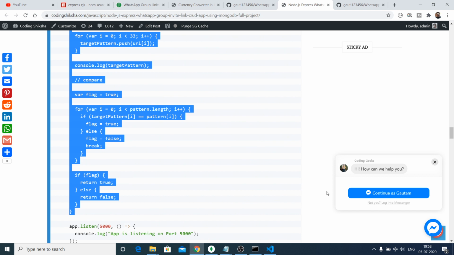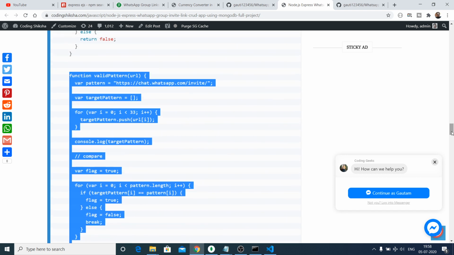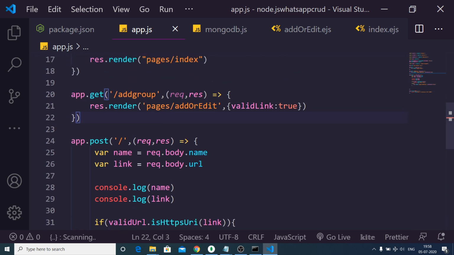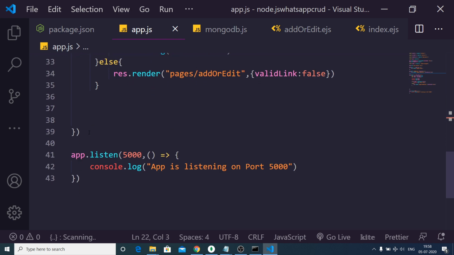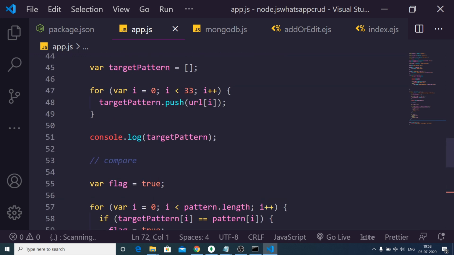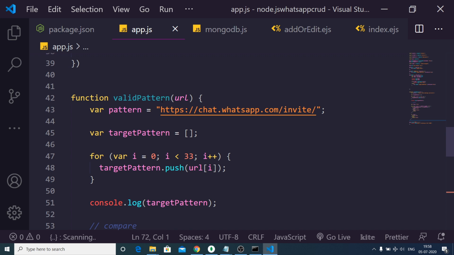So let me just copy this whole code, and here inside my app.js I will make this function, which is valid pattern. So now we are passing our link here, and now we will compare this to this